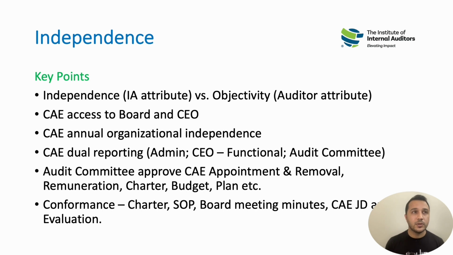For example, performance review of their own team, setting KPIs for their own team. These are things for which they are operationally responsible, but outside their function, they are not responsible for taking any project and taking full responsibility for it. However, they can act as an advisor, but the ultimate responsibility goes to the management, and they will be responsible. So this is one important element that we need to understand about independence.